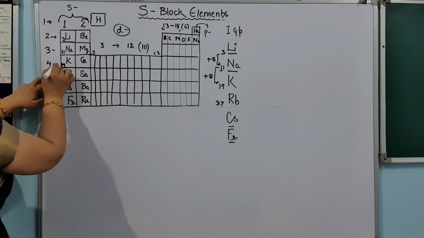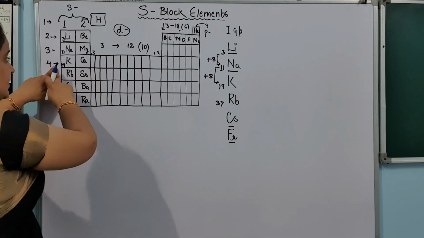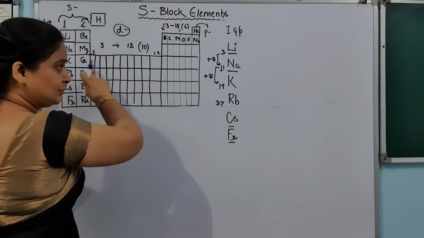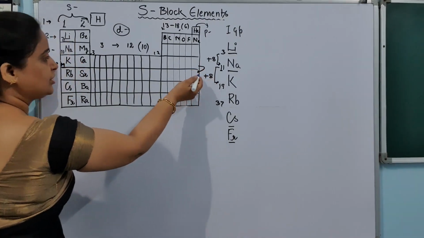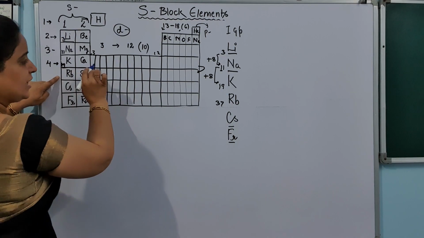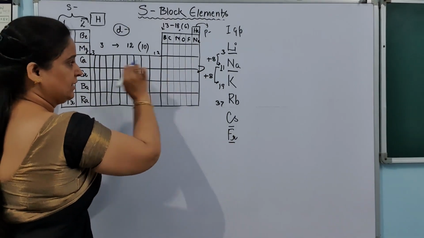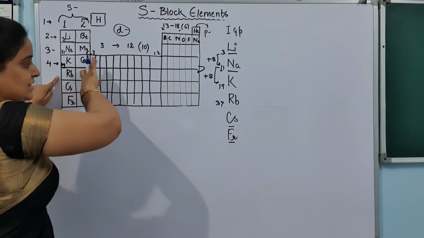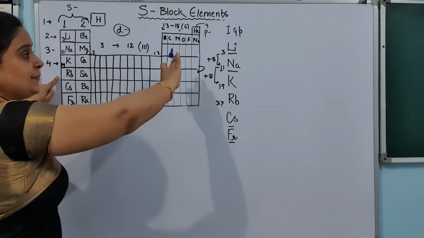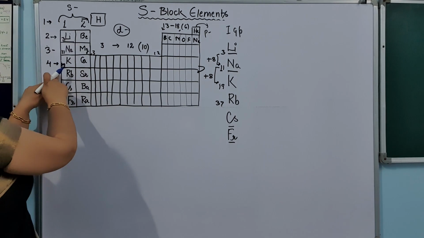And now we are reaching the fourth period. When the fourth period is completed, only then will we be able to reach the fifth one. But for that, we have to add the atomic numbers of all these elements. That is, the number of electrons is increasing this way, the atomic number is increasing this way. When this is complete, only then will we reach the fifth period.